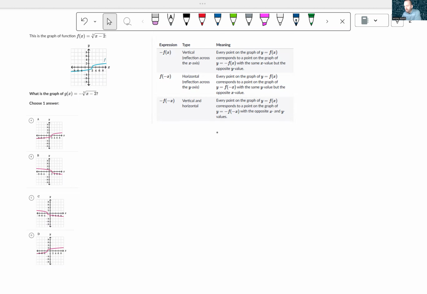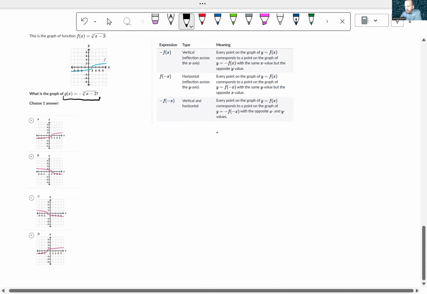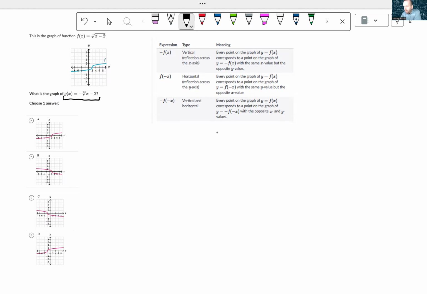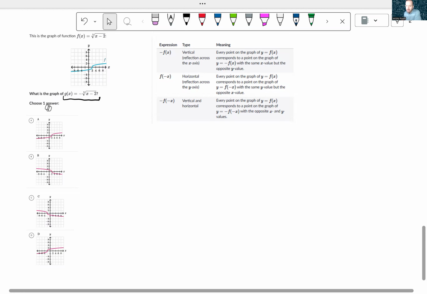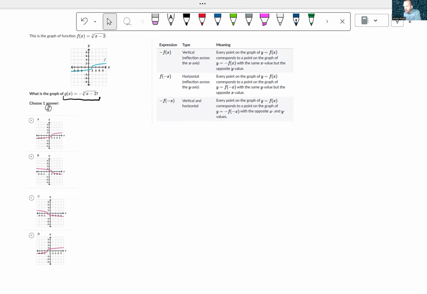We have the graph and we've got to figure out which graph is showing f of x going to g of x, which is the negative of the function. So that should be just like our last one, because negative f of x is a vertical reflection or a